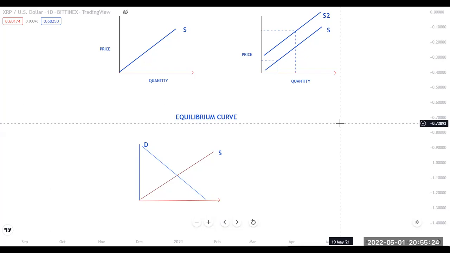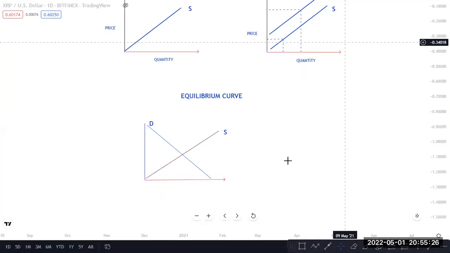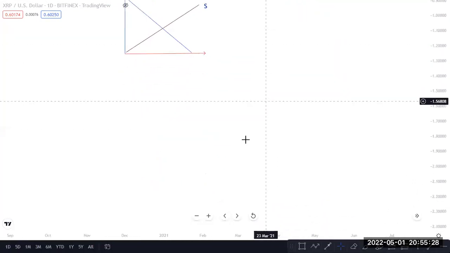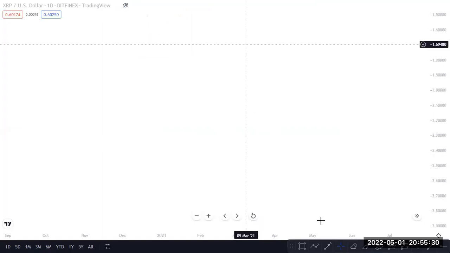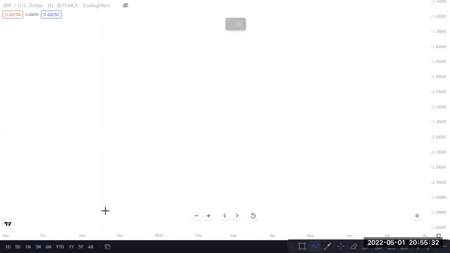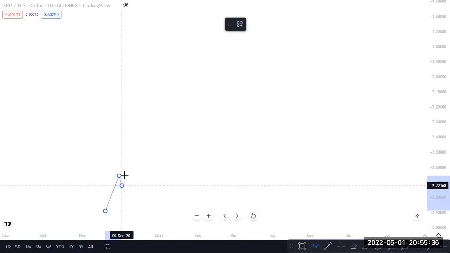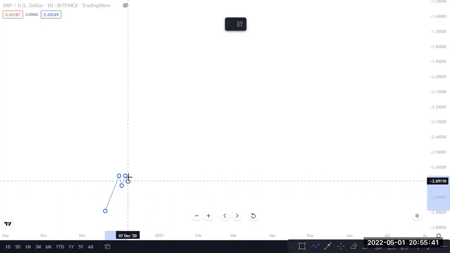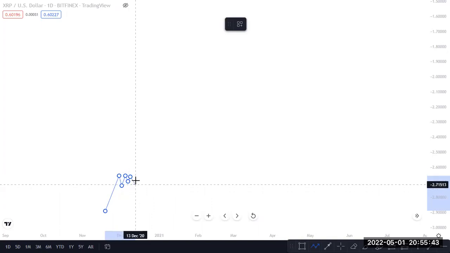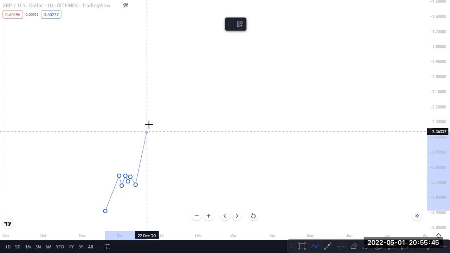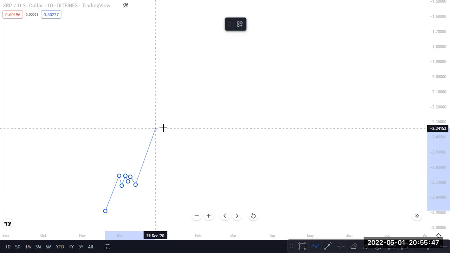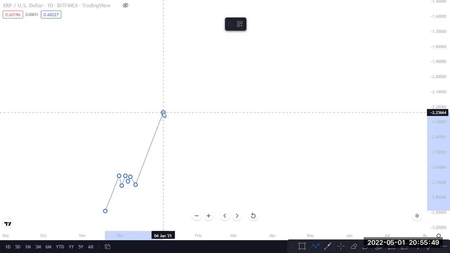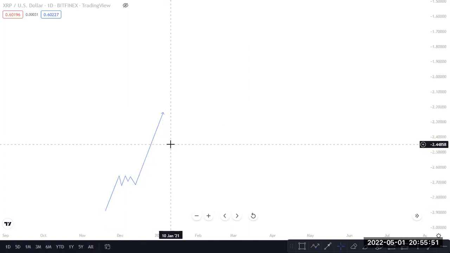Okay. So let me try to illustrate it so that I do not confuse you. So this is an uptrend, right? Then we have something like a consolidation. Meaning this was a point of equilibrium and a strong break to the upside. You can even call it a strong rally in price, right?